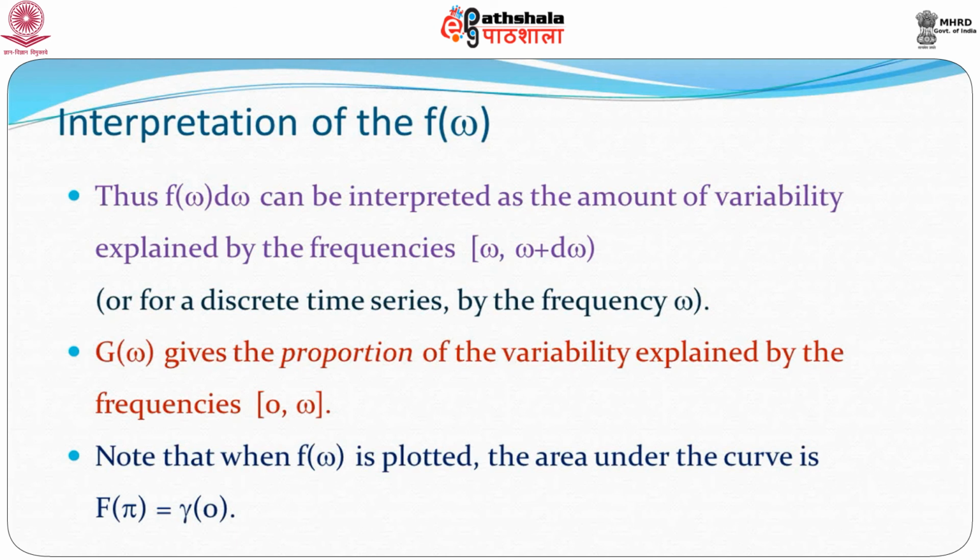And now let's very quickly go back to capital F omega. So capital F omega primarily is the sum of the small f omegas up to the point omega. So it is the sum of all the frequencies up to the omega value. Therefore, it will give you the sum of the variabilities at each of these omegas, so it will give you the total variability up to the point omega. We will look at this later and see how we can explain the variability in the process through the spectral density function.